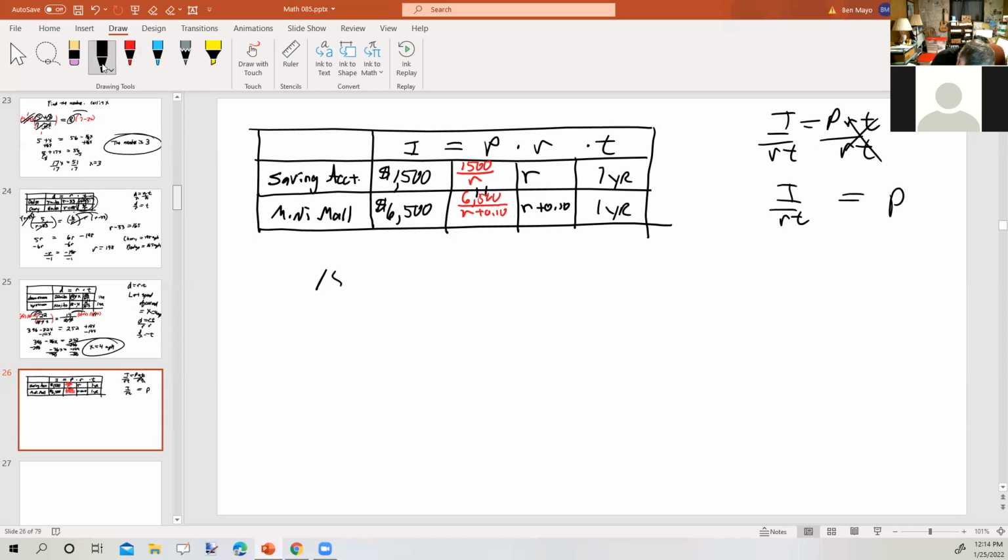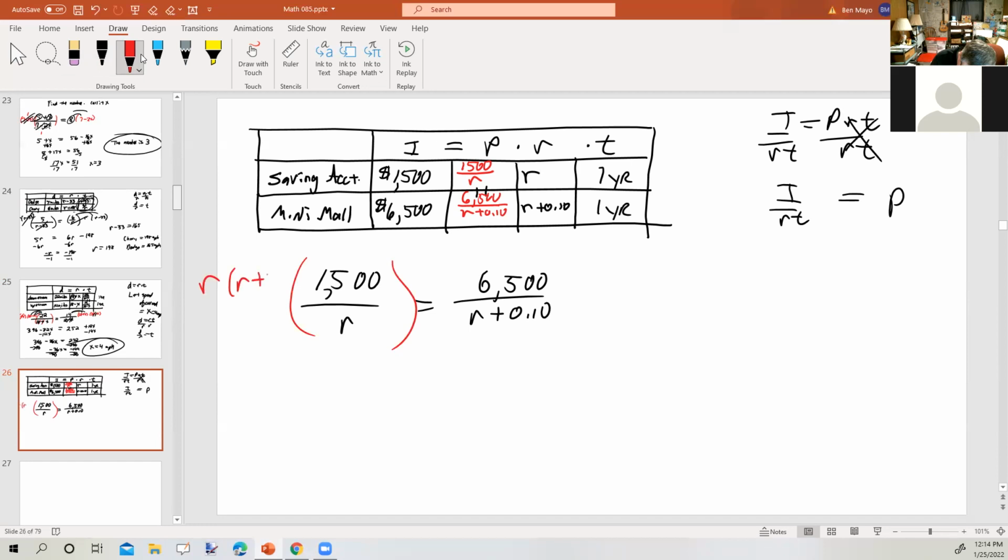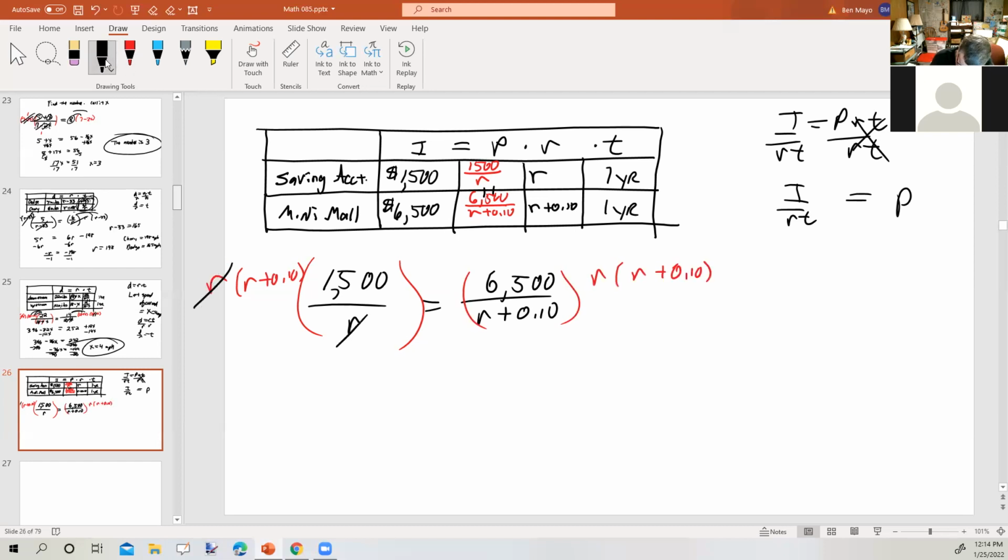Since the principals are the same, our equation becomes that. Okay. This should look an awful lot like the last problem. We're going to multiply both sides times R plus 0.10, R times R plus 0.10. On the left, the R's go away, and we've got 1500R plus 150, okay? 0.10 times 1500. On the right, the R plus 0.10s go away, and we have